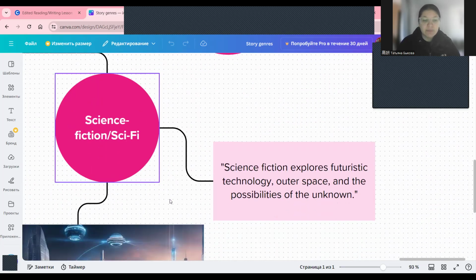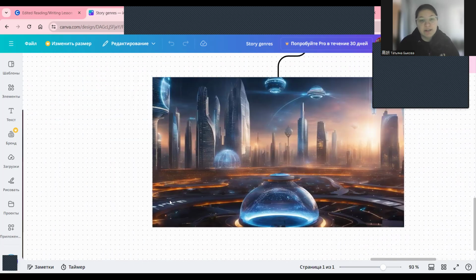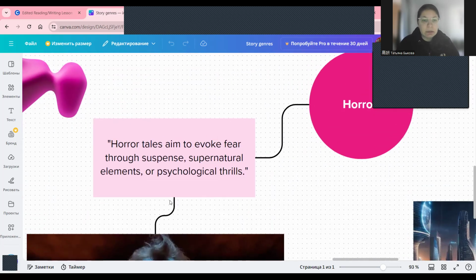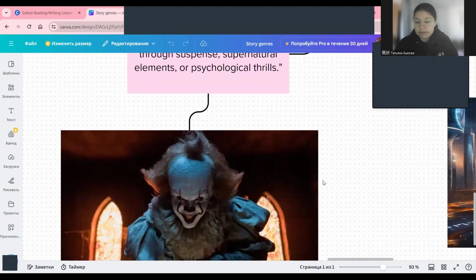Next one is sci-fi, my favorite. Science fiction explores futuristic technology, outer space, and the possibilities of the unknown. So it's about aliens, about the future, etc. Next one is horror. Yes, no one likes it. Horror tales aim to evoke fear through suspense, supernatural elements, and psychological thrills.